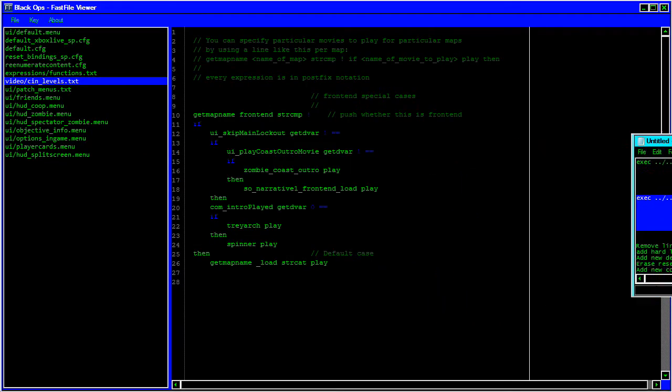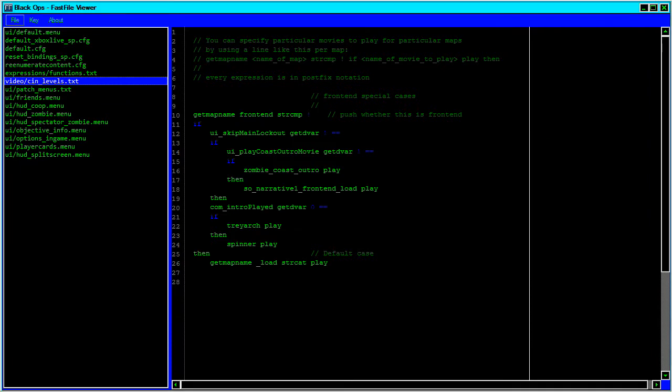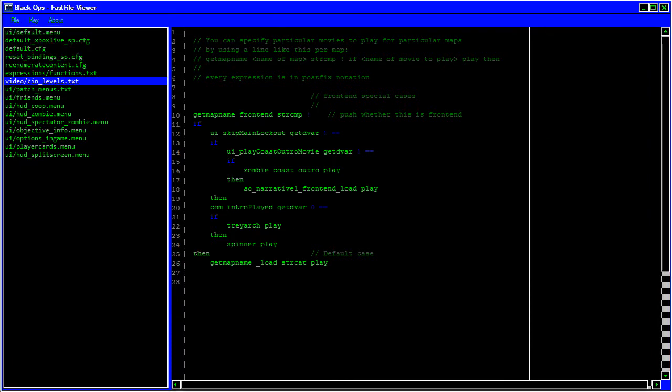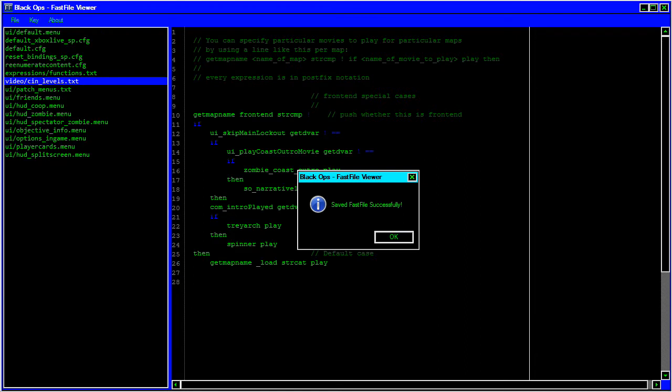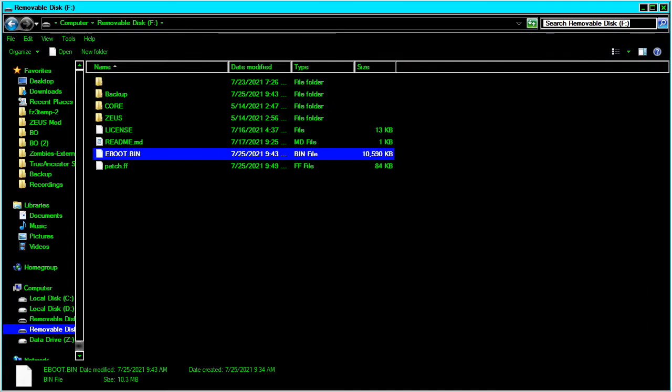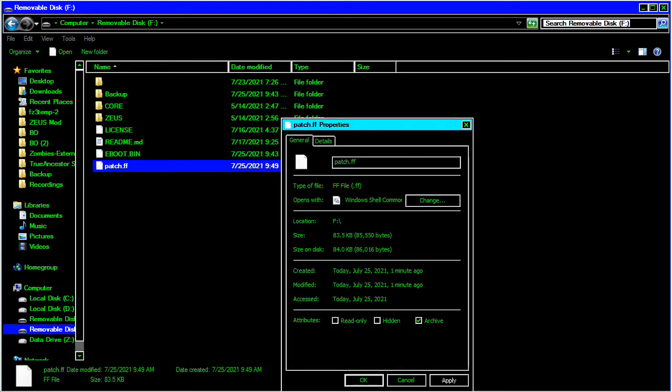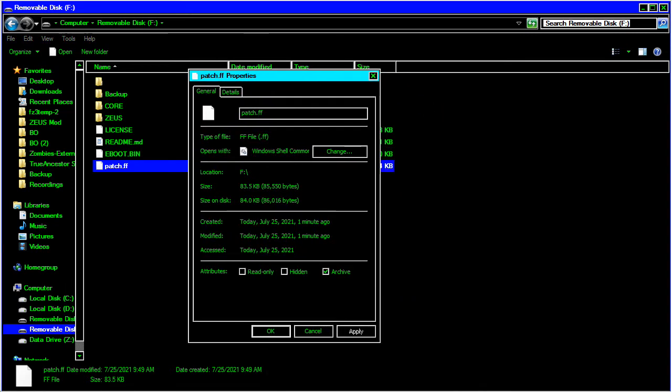Now that our patch file is completed, we need to save it. Go to File, Save. Save it to the root of your USB. Call it patch.ff. It should say save fast files successfully. Here we are. If you did everything right, your patch file should be exactly 85,550 bytes. Now go back to Multiman File Manager